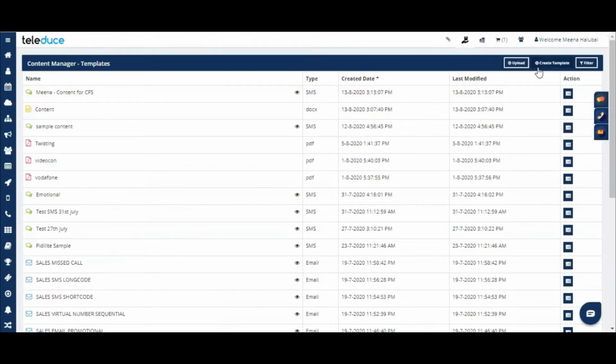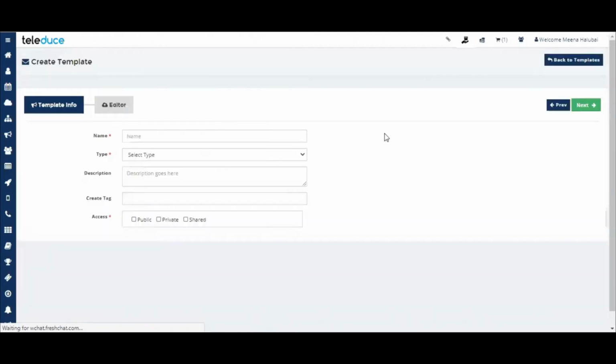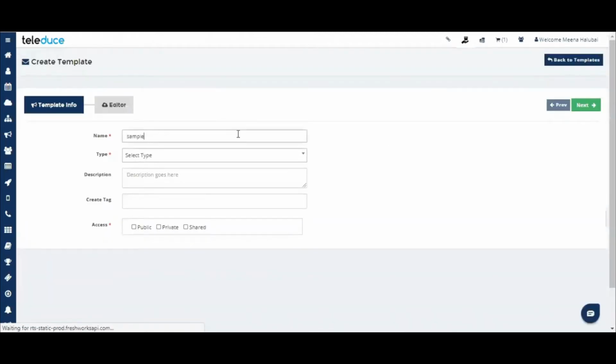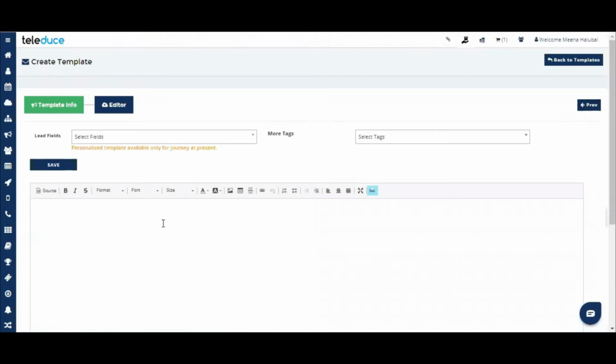Now we'll create an email content. Creating an email content is again the same steps. Only difference is we'll be creating an email template and clicking update as public, and click on next. Now here you can write the content or the entire email message that you want to show to your clients.